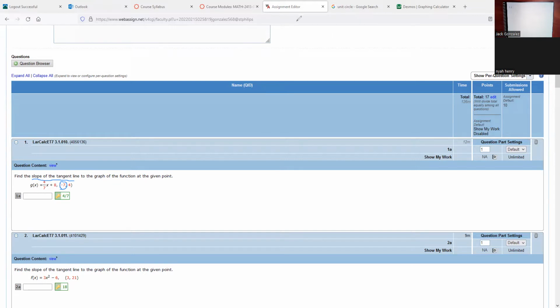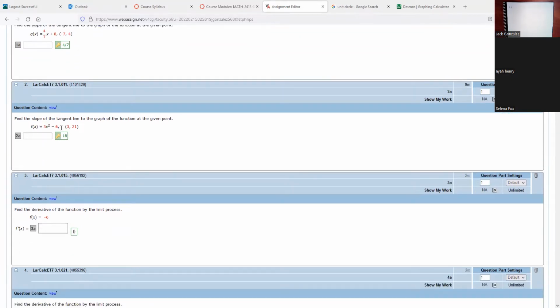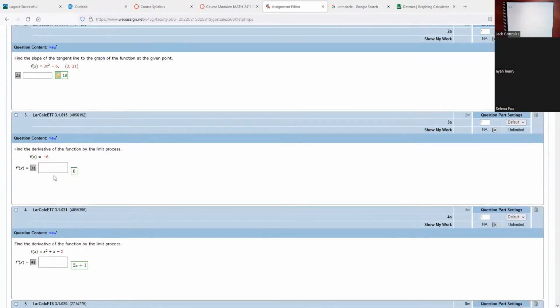So the first few questions. The first two would just be find the derivative, plug in the point. Find the derivative, plug in x. When you find it, the function will give you this slope 18. This one gives you 4/7. Number 3 is